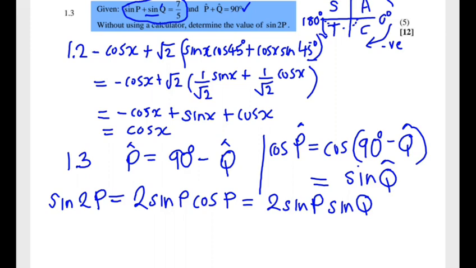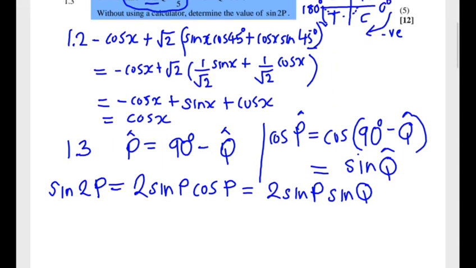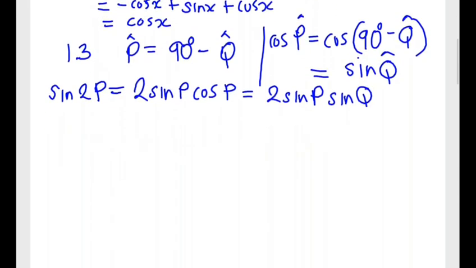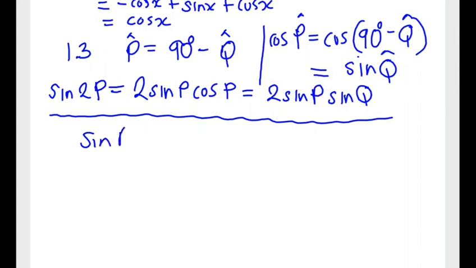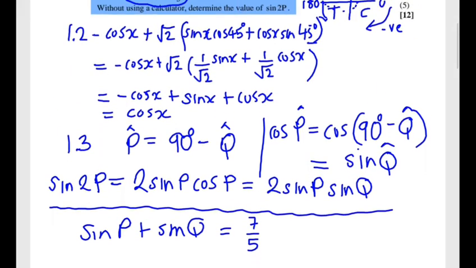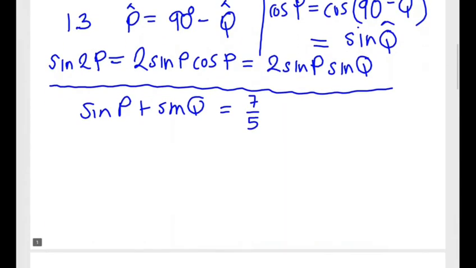Okay, now how does that help me? Well, if I look at the ratio, I've got sine p plus sine q equals 7 over 5. How do I get 2 sine p sine q from that? Well, if I square both sides there, it should work. Okay, so what I'm going to do is I've got sine of p plus sine of q is equal to 7 over 5. Yes. So if I square both sides,